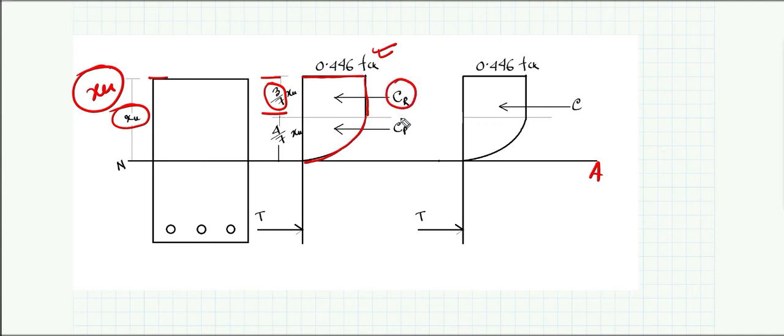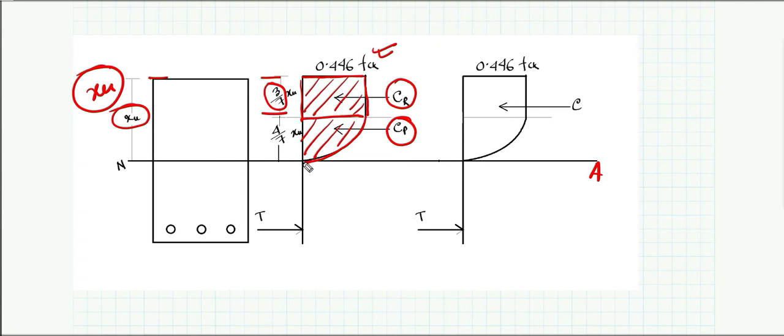Now what is CR and what is CP? Suppose I want to find out the area of this particular section. In the code the area is already given, so let's try to find out how they have come up with that particular equation or value. As we can see, the top portion is rectangular and the bottom portion is parabolic. We will try to find out the area, because area in turn is going to give you the force for that particular stress diagram. Area is going to give us the force.